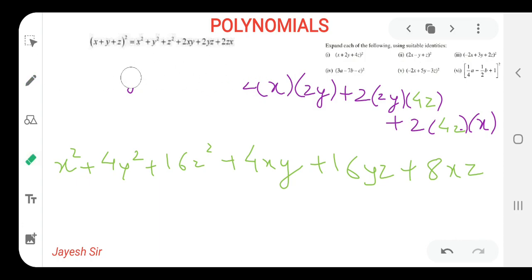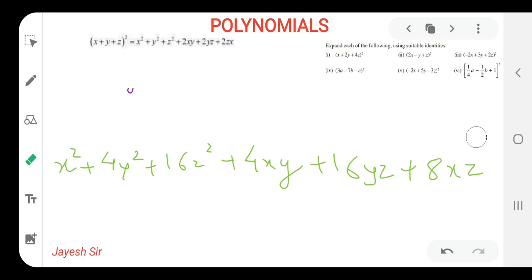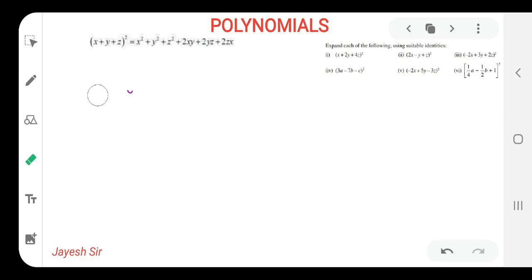So let's begin with the second sum. If you have understood, pause the video and try to solve the remaining sums on your own. As you have to use only a single formula, I have written that formula on the screen also. Yes, so let's begin with the second sum. The value of x would be 2x.